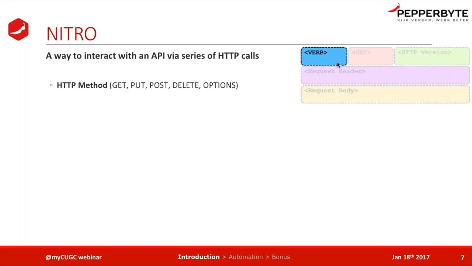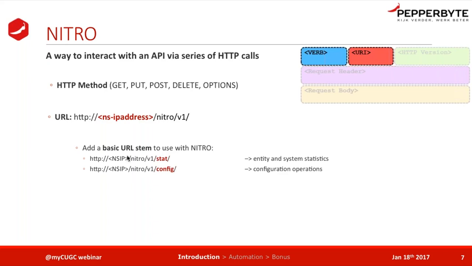I can either provide the HTTP method GET to retrieve information from my NetScaler, or I can use POST to send information to my NetScaler. And if we are talking about NITRO, we need to let NITRO know what kind of resource I want to interact with. And I do that by sending a URL with my HTTP call, or sending the HTTP call to that specific URL. And each URL will start with the NetScaler IP address